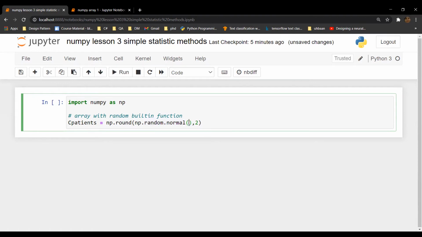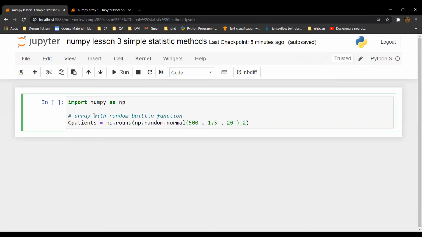So I have to give it a starting value. For example, I give it a starting value of 500. Then I put a comma, and then I tell it the deviation I want. Let's suppose I want a deviation of 1.5, and then I put how many records I want. Let's suppose I want 20 rows.